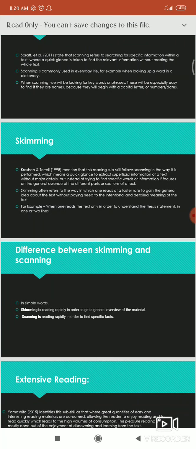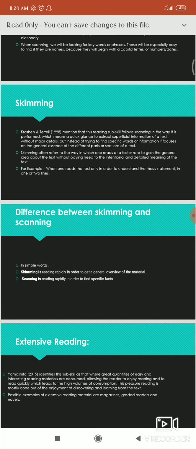Another is skimming. Christine Nuttall in 1998 mentioned that this reading subskill follows scanning in a way. It is performed quickly, which means a quick glance